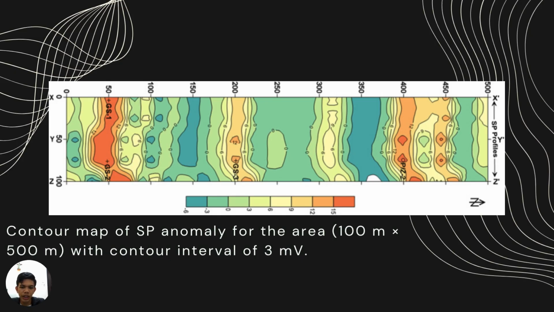Based on the SP data, a contour map was prepared to show the variation in SP anomalies under this figure. The contour map shows a similar pattern and corresponds to the positive peaks as observed in the SP profiles. SP anomalies in the contour map show the possible presence of leakage paths, which show the maximum SP anomaly values at offsets of 50 meters, 200 meters, 310 meters, 400 meters, and 450 meters. The leakage paths coincide with the fractured zones delineated in the geoelectrical cross-sections AA and EE at GS1, GS2, GS3, and the piezometer.